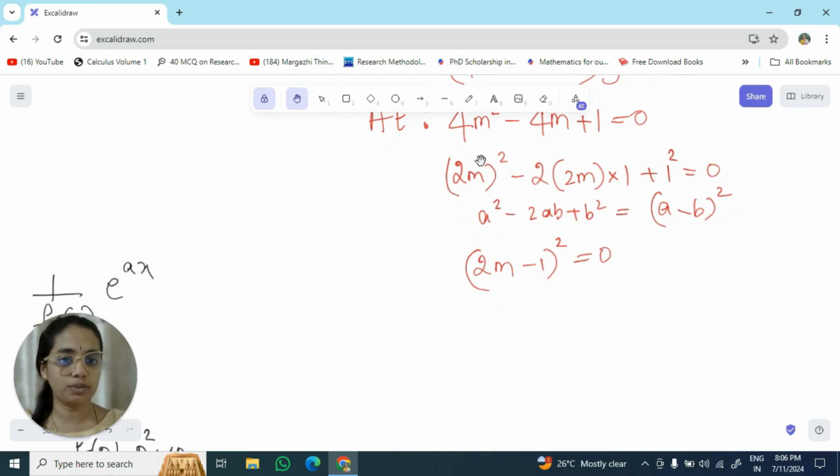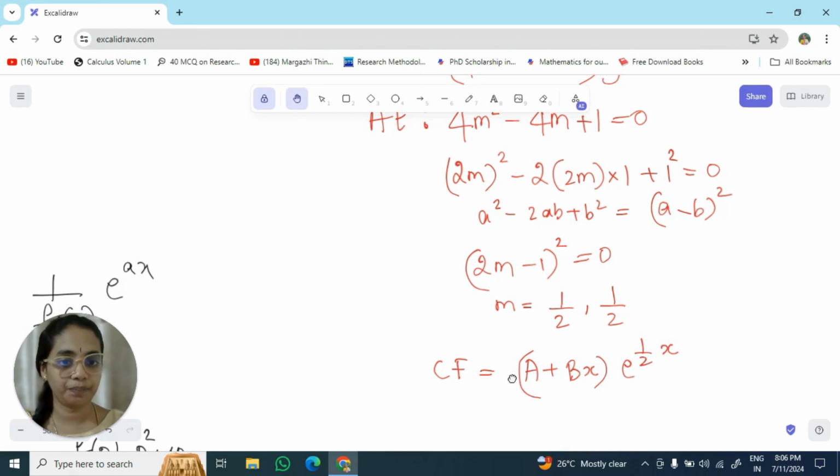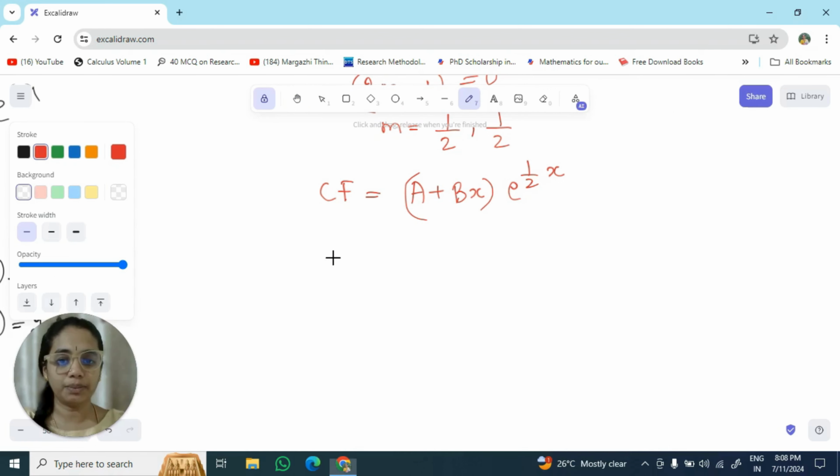So equate each term to 0, we would get m as what? Positive 1 by 2 comma positive 1 by 2. The roots are real and equal. So our complementary function would be a plus bx into e power 1 by 2x. To find the particular integral, let us write 1 by the given question, that is 4d square minus 4d plus